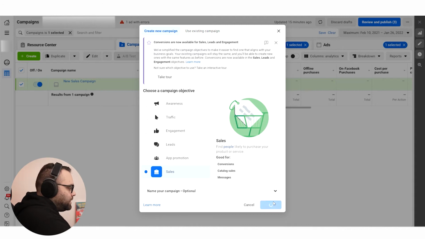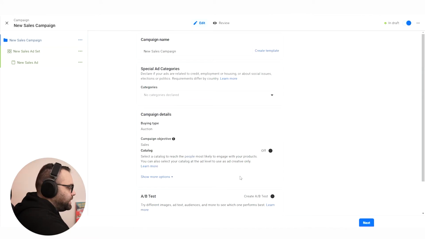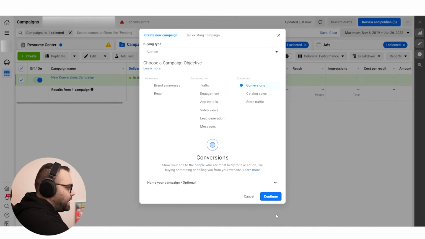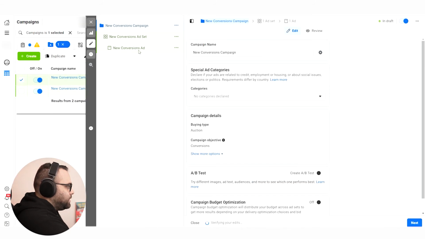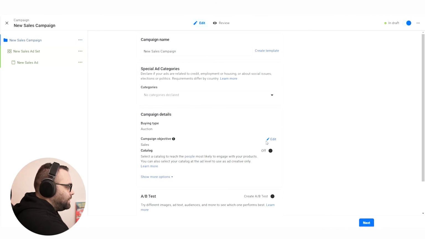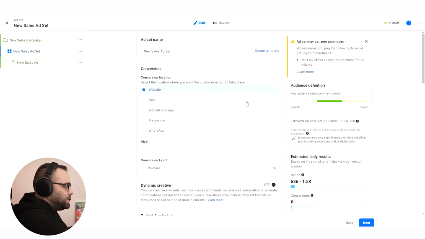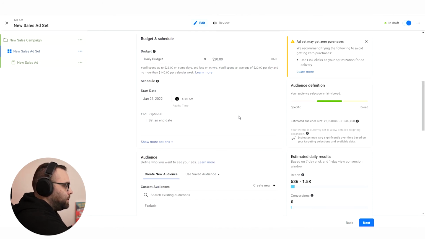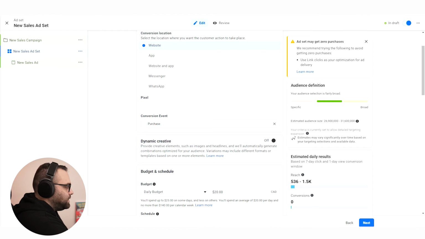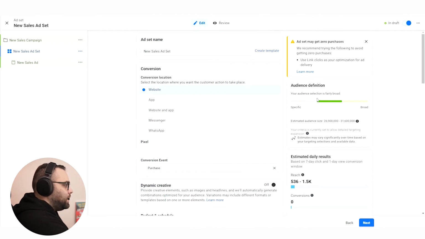So for a conversion campaign, when you click here, continue to the sales, you will see that the interface is going to be actually the same as you have here, with one exception only, okay? So if we click here, conversions, you can see that we have this option here. Now it changes a little bit. We have this catalog thing, okay? Why? Because if you turn it on, you will actually have a DPA catalog campaign. If not, everything is going to be the same, like having a normal conversion campaign, like always. Ignore these messages, by the way, don't care about them, and don't optimize for link clicks, always optimize for purchases or the event that you actually want.